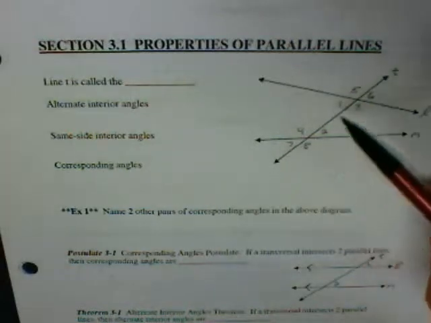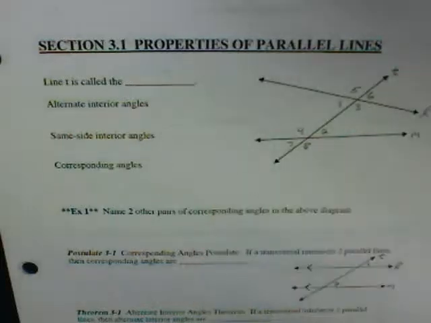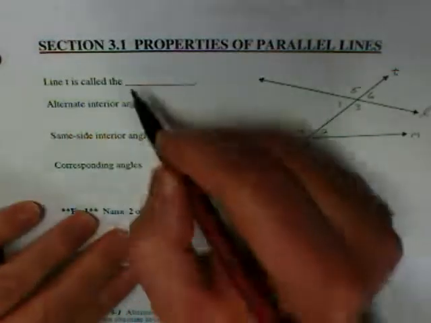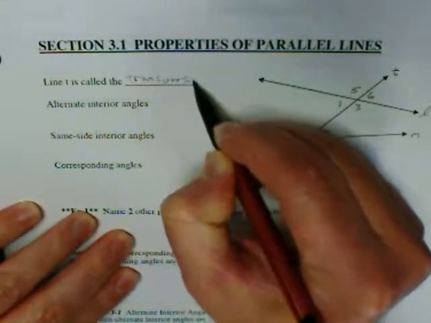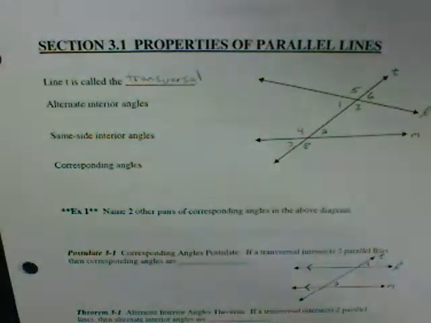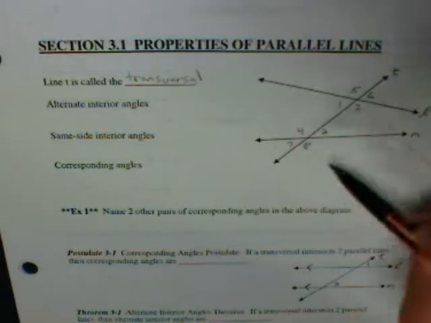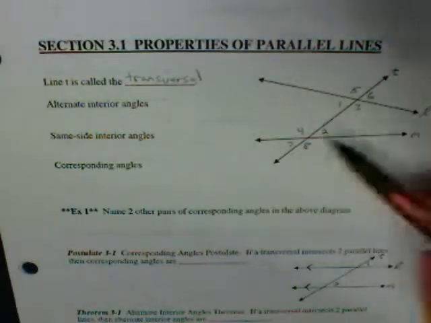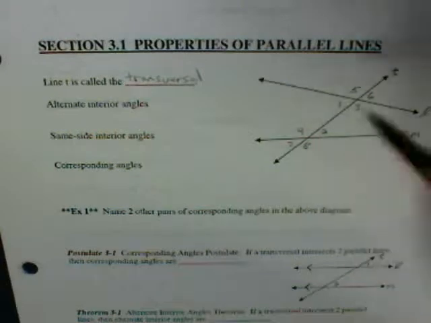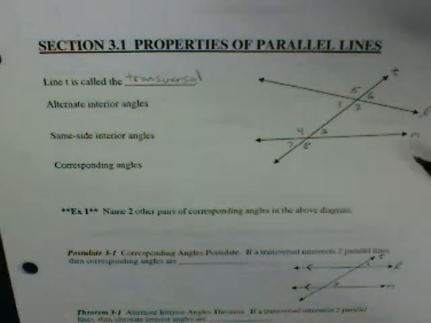Well, first thing here, you have a line cutting through it. You see it's labeled T. And right here it says that line T is called the transversal. So the line that cuts through the other two lines is always the transversal. It's not necessarily the one going up and down. Sometimes it'll be going horizontally. But the line that cuts through the other two lines is the transversal. Now when this happens, you see you have 8 angles that are being created. When you have two lines being cut by a transversal, you create these 8 angles, and they have special pairs